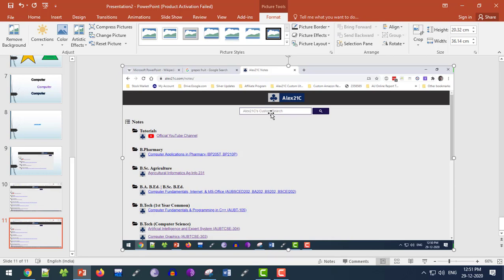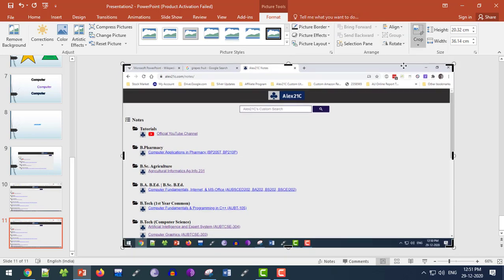The rest I don't want to access. So I double click on the image and there is an option in the format tab called crop. I hit the crop option and